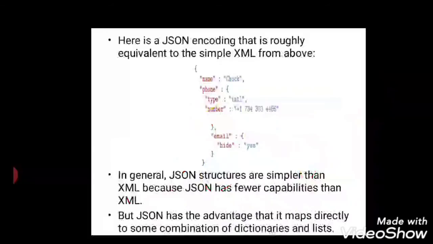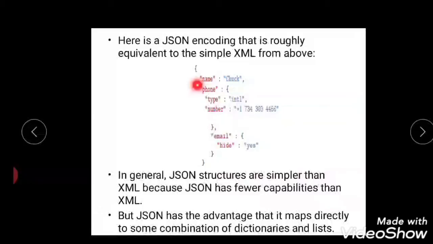And you can see the example of JSON. Here we can see the same example of JSON, where it starts with name chunk. It is the same thing which I passed in XML: name chunk, and phone I have given the type as INTL, and now I'm passing the number. Next to that I have two things. One is email. Within that email I have not passed any email, it is just showing the id. Okay, so here you can note some differences from that to this.